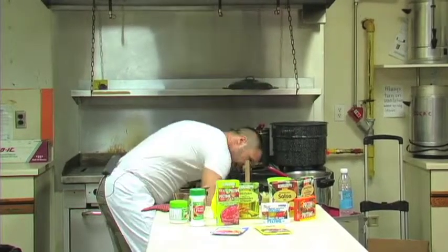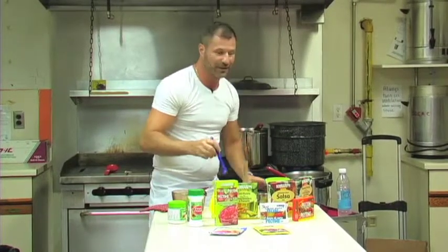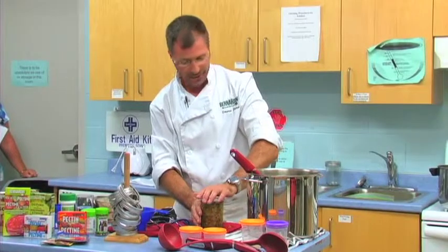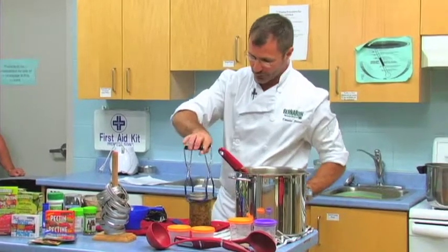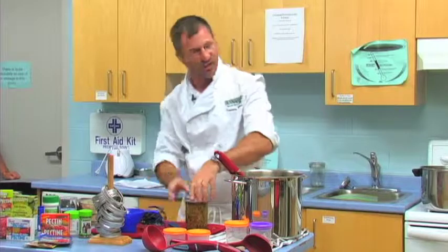And then I take this, and then what you want to do is fingertip tight, okay? The reason why you put this on fingertip tight is because there's air in there at the moment. So when you put this back into the water and it's got to boil, the air has got to push out, right? If this thing is on too tight,